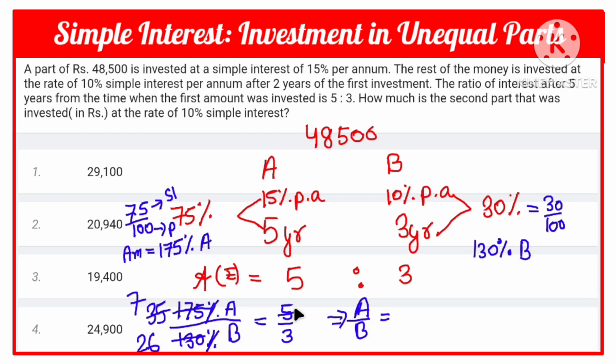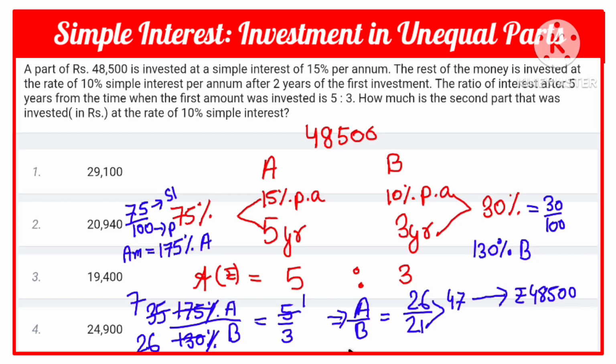So 26 will go in the numerator. Here we had 1, so it will be 1 into 26, 26. Divided by 7 into 3, that is 21. According to the question, if we add these 2, we will get this money, because this was divided into 2 parts and invested, and this ratio is 26:21. If we add this, we are getting 47, and this 47 unit is in actual rupees